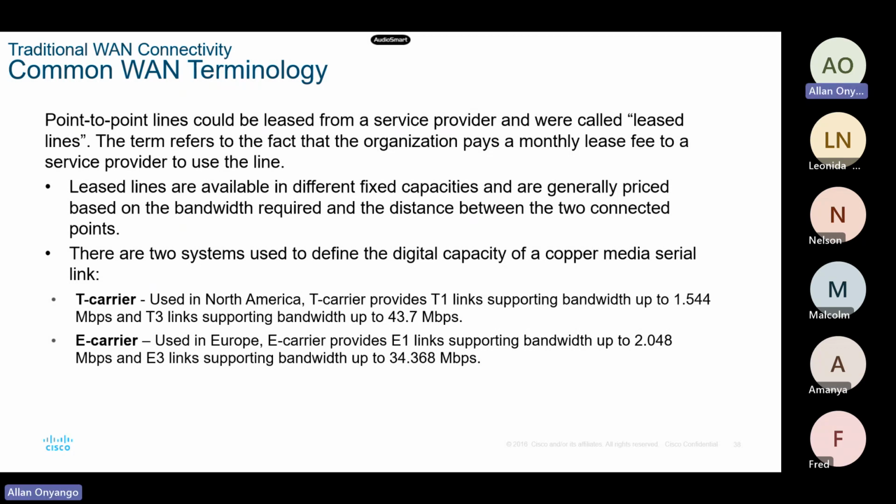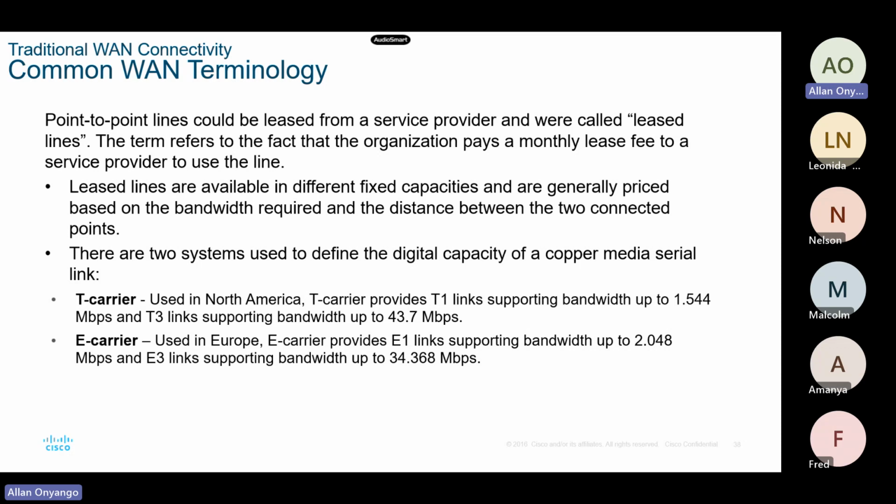So the two systems were used to define the digital capacity of a copper media serial link. Talking about the T3 and E3, T1 and E1, the T carriers are basically used in North America, and the T1 supports up to about 1.544 Mbps. The T3 links used to support about 43.7 Mbps. The E carriers, E1 and E3, were majorly used in Europe, all right? The E1 could support a bandwidth of up to 2.048 Mbps,